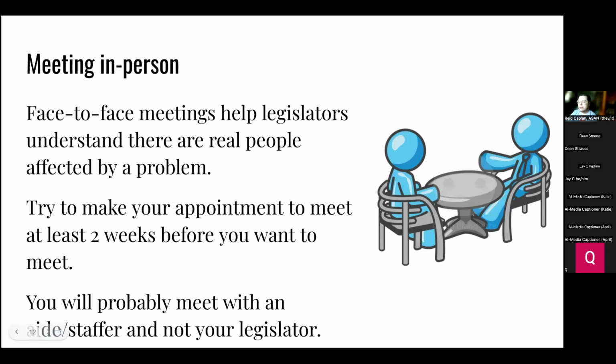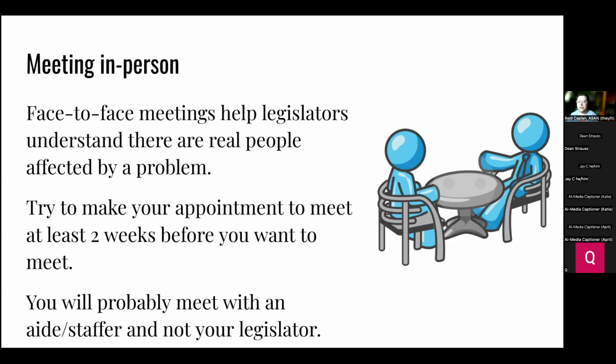And so next is meeting in person, which is also a really important way of doing advocacy, and probably the way people think of most is just going directly to meet with their members of government. This is helpful because legislators will understand better that there are real people affected by a problem. They're able to put a name and face to an issue or a bill much more than they would be able to through talking on the phone or getting something written. And so some tips before your meeting: